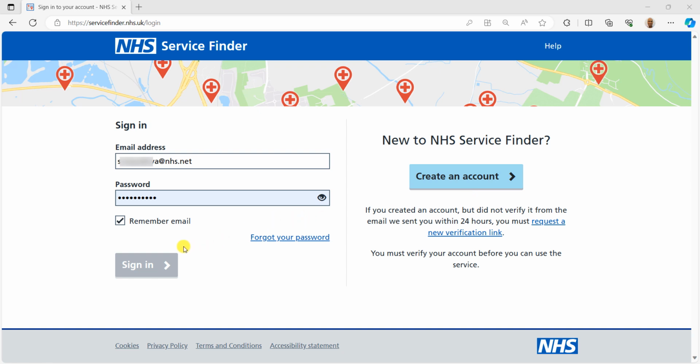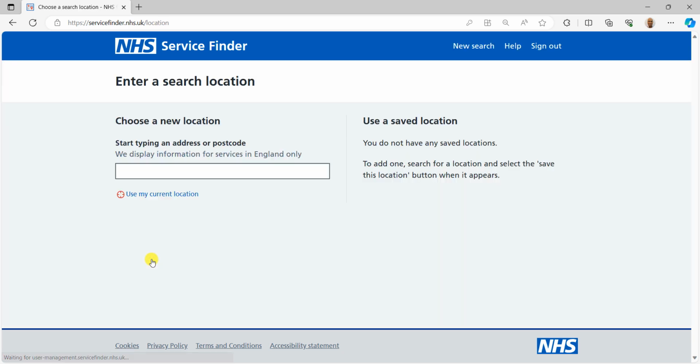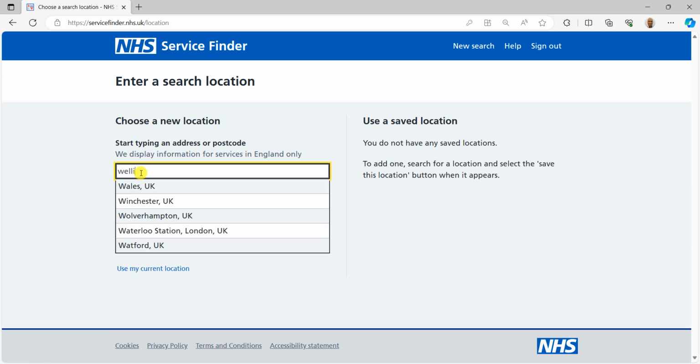Now I'm going to show you what happens after you sign in, but before I start, I'm showing you the browser version on a desktop of NHS Service Finder, but you can run this on your mobile phone using a normal web browser. So let's sign in, and the first thing it asks us for is a search location. The quickest thing might be to click on use my current location, but I'm going to show you from searching on a location,